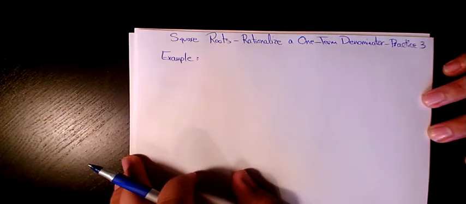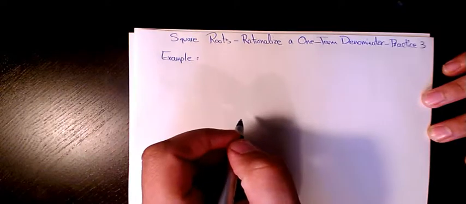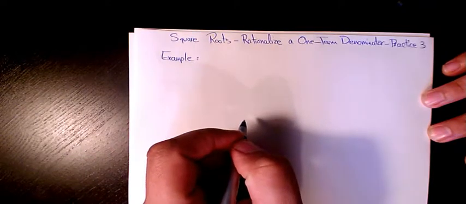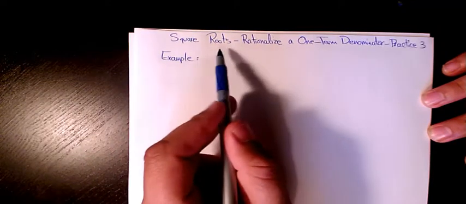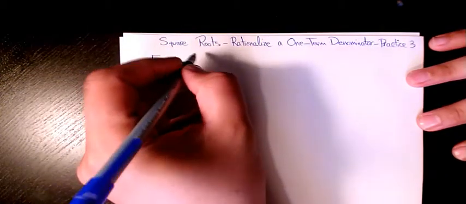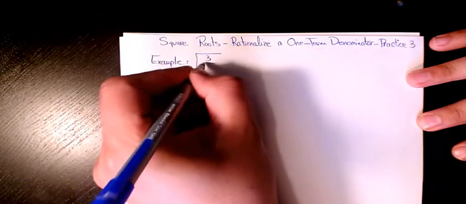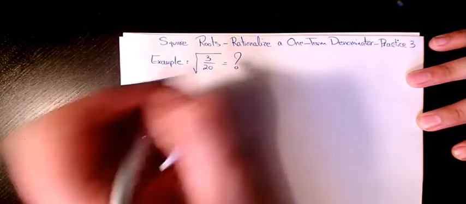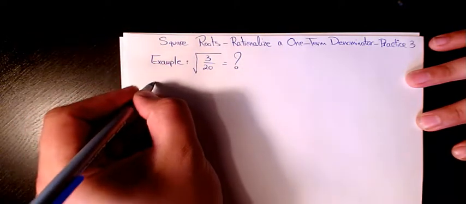In this video I want to give you more examples regarding rationalizing a one-term denominator from square root part. This is practice number 3. First example is square root of 3 over 20 and we want to rationalize it. The answer is